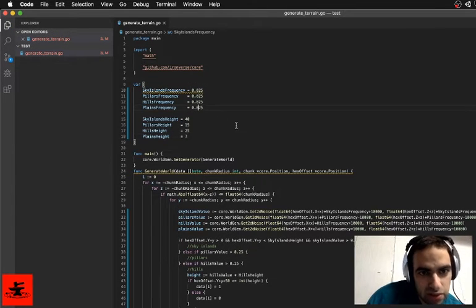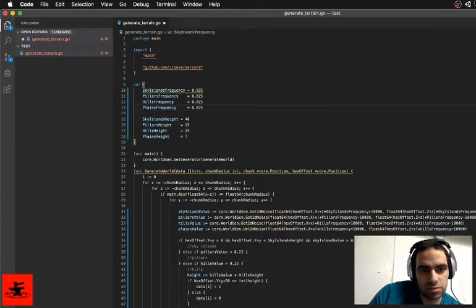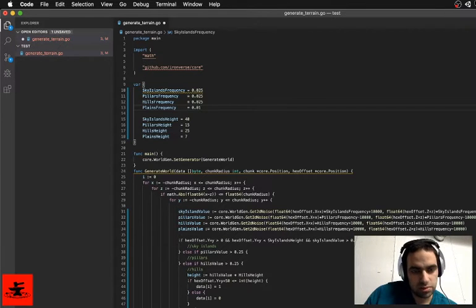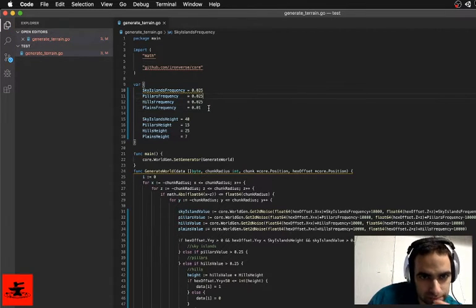I want the planes to be more spread out. So let's do maybe not 10 times, but like 5 times more spread out, or even let's do 0.1. 0.01, I mean. So the planes be more spread out, hills be smoother, lower. They'll stay the same. Pillars and sky islands will,